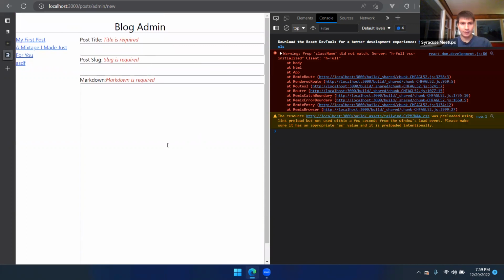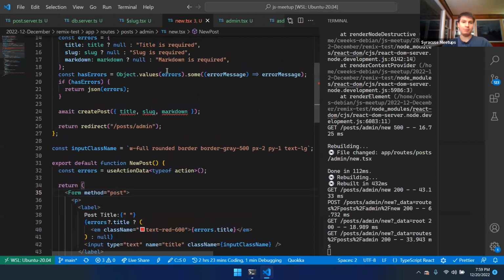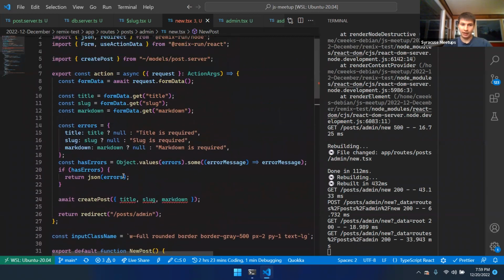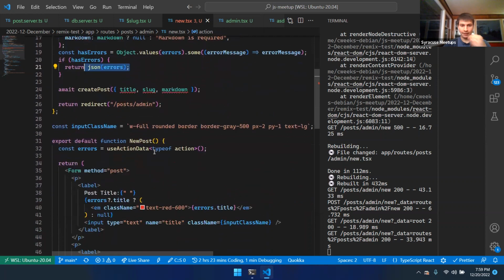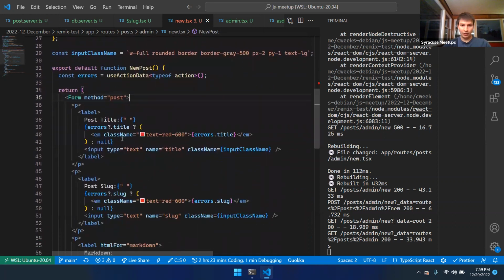So essentially what happened there is when it submitted the form, it hit this action bit and it said, hey, we're missing title, slug, and markdown. And it was really cool, it's doing all the errors, right? It's not checking one at a time, it's checking all of them and then giving you back all the errors at the same time too. And then it's doing this has errors, meaning if we have any errors, then return the JSON of those